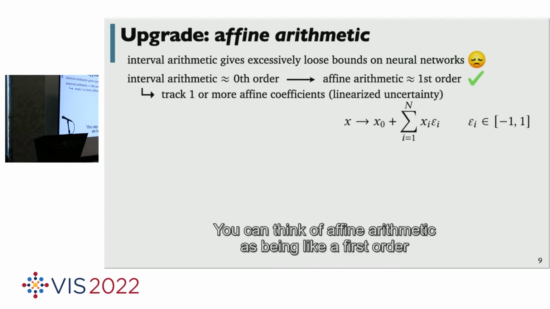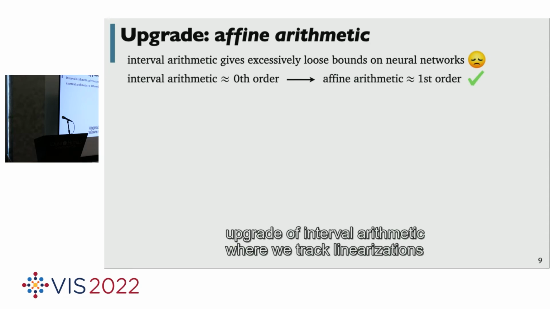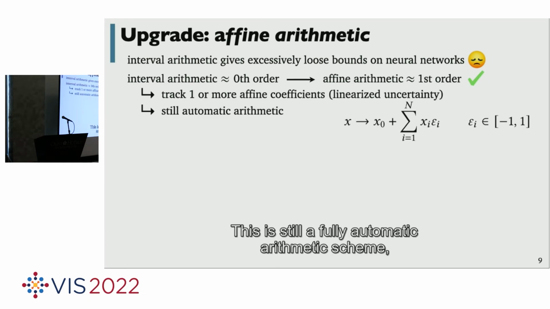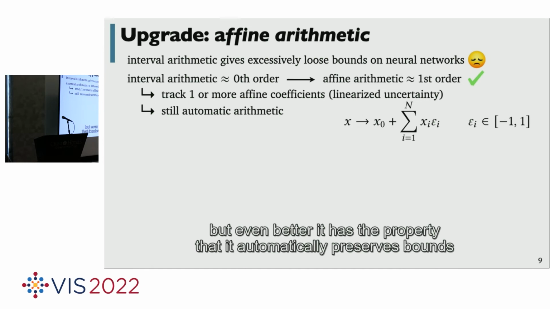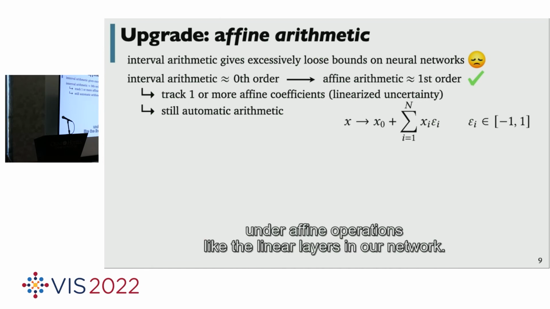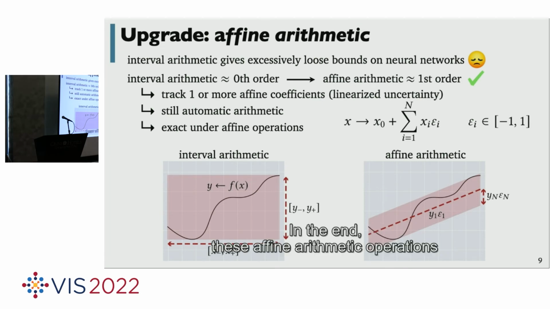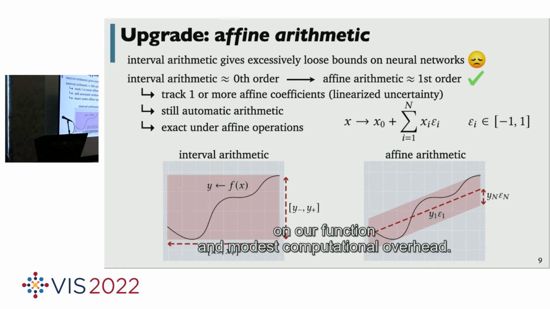You can think of affine arithmetic as being like a first-order upgrade of interval arithmetic, where we track linearizations of error quantities for intermediate values inside of the network. This is still a fully automatic arithmetic scheme, but even better, it has the property that it automatically preserves bounds under affine operations, like the linear layers in our network. In the end, these affine arithmetic operations provide a very effective trade-off between reasonably tight bounds on our function and